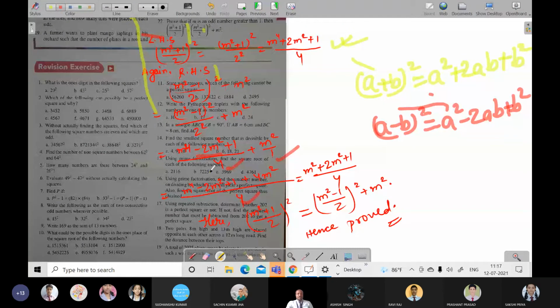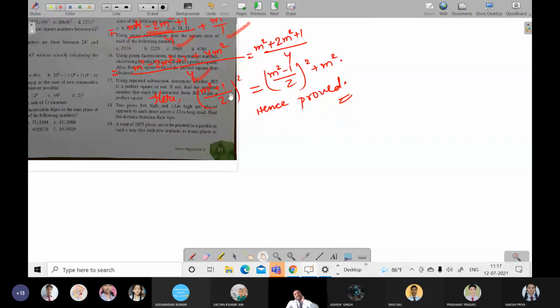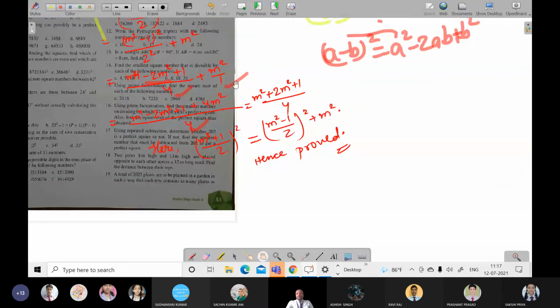4 divided by 4 will be 1, and 1 multiplied with the same number, what happens? 1 is the identity for multiplication, so the same comes down. And now when we divide 4 by 1, it will become 4, and 4 into m square is 4m square. So these two got added, or rather subtracted, that is 4m square and minus 2m square. Two different signs are there, so of course it will be subtracted, and the sign will be of the bigger number. So that bigger number's plus sign has been kept.